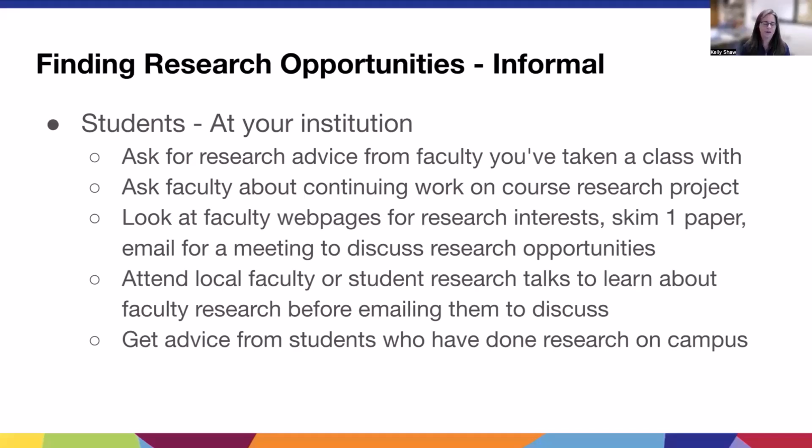So one way to find out about research at your institution is to talk to the faculty members you've taken a class with and ask them about how a student gets involved in undergraduate research. They might be able to suggest specific faculty members who have research programs and are looking for undergraduate students to work with. They might also be able to tell you about programs that are run in the department or college-wide, or they might be able to tell you about an opportunity in their lab, for example.